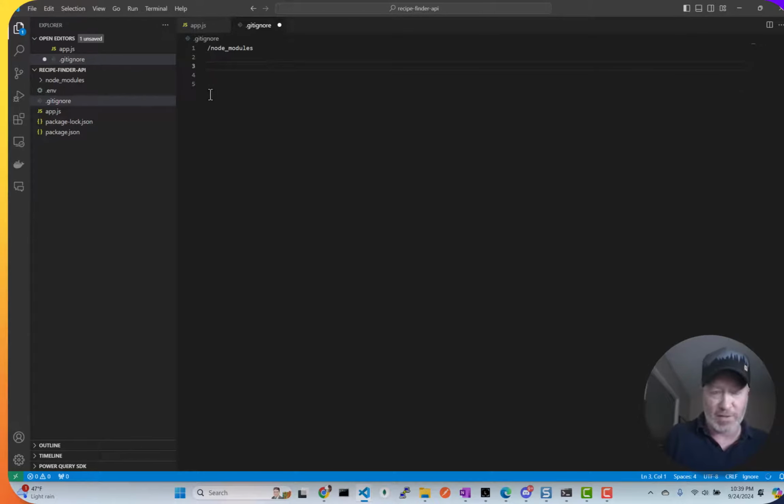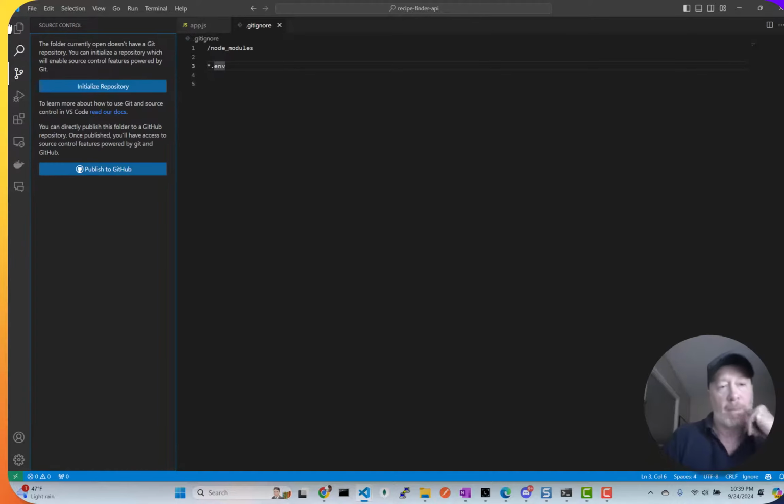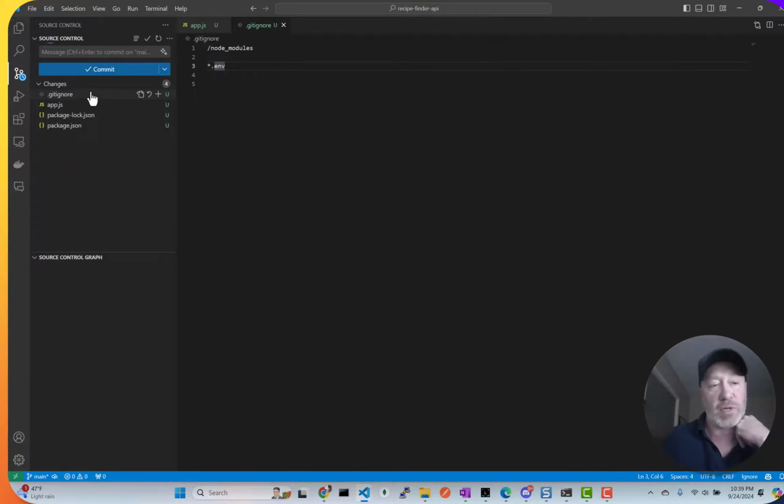GitHub Copilot's funny. Okay, so then I'm going to say star.env. And then also, I'm going to initialize a repo and call it initial commit, API commit or something like that. All right,